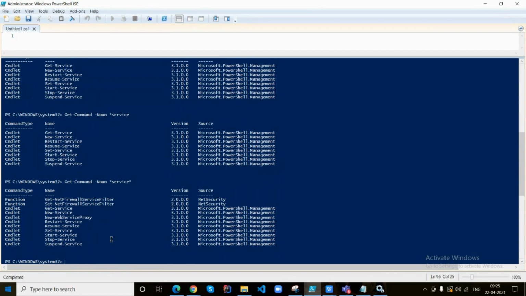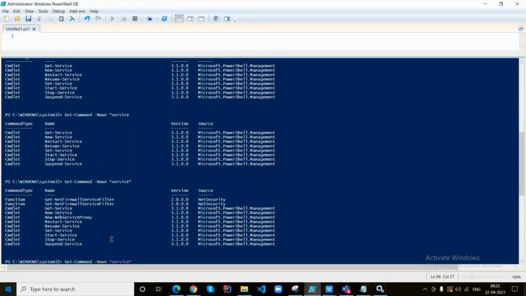But here you're getting the functions and commandlets, and you want to get the information of only commandlets. Now click on up arrow and pass the additional parameter like command type. The parameter position is wrong, so remove the noun parameter first.